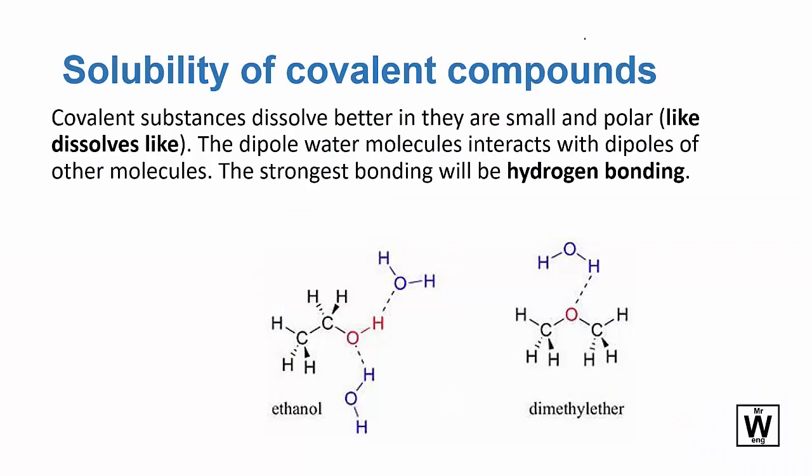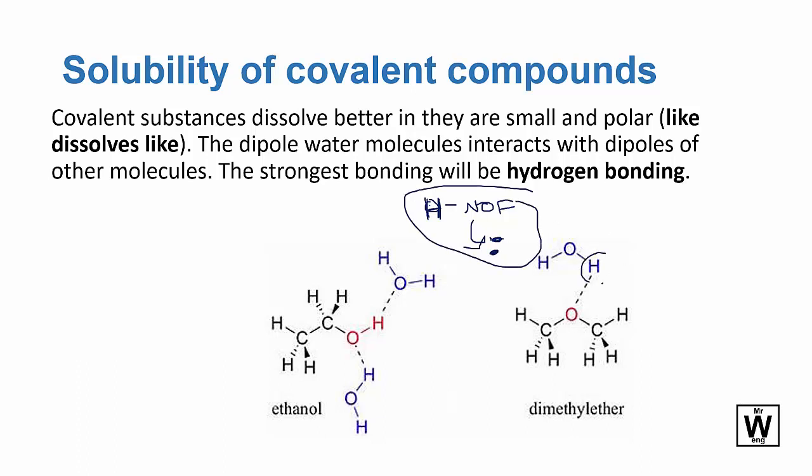We're going to look at solubility again in just a little bit more detail. With solubility of covalent compounds, the water has hydrogen bonding going on because the oxygen is bound to an N, an O, or an F. The hydrogen is bound to an N, O, or F. So that hydrogen can then form a bond with a lone non-bonding pair of electrons, and that will be hydrogen